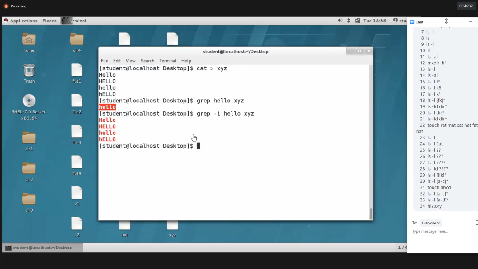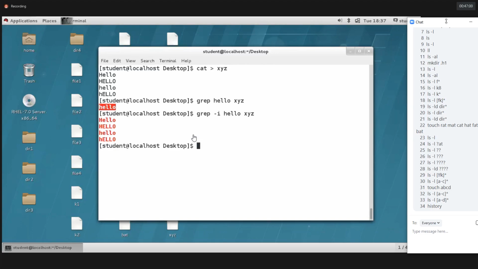It may be capital letters, it may be small letters, everything it is going to print if I'm using the small i option. grep with the i option, hello is the word, and I'm filtering this hello word in the xyz file. So I gave hyphen i, and it may be uppercase letters or lowercase letters.